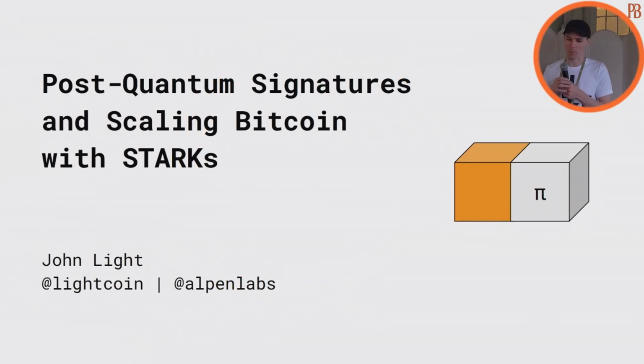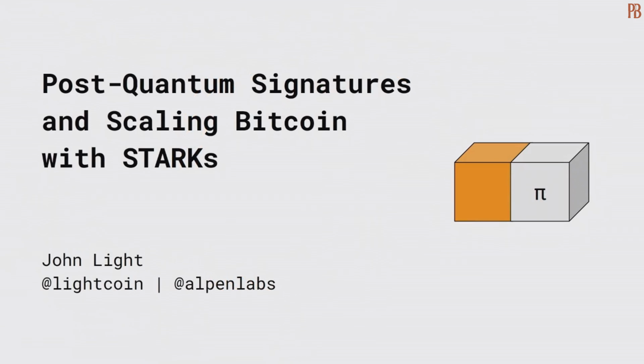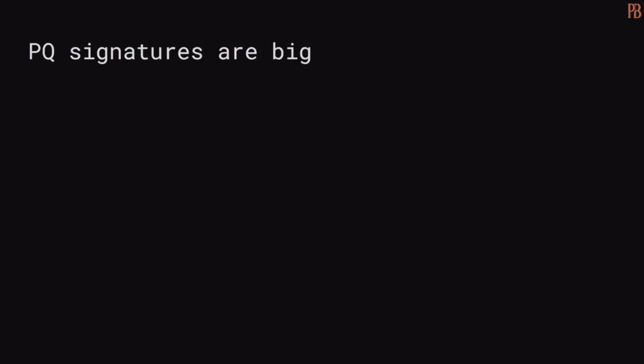All right, great. So I mentioned BitZip in my last talk. This talk is about that. It's based on ideas that were originally published by Ethan Heilman. And it's basically about how do we deal with the size of post-quantum signatures if we were to implement post-quantum signatures in L1. So the main problem is that these post-quantum signatures are big,